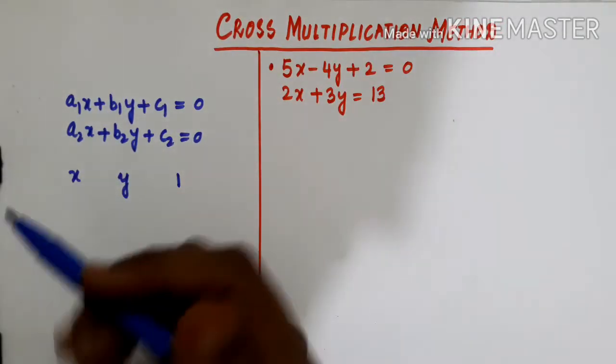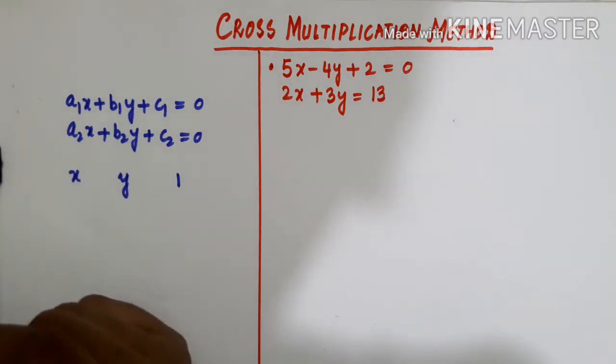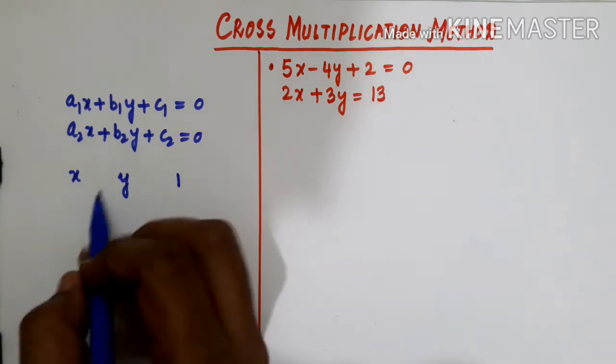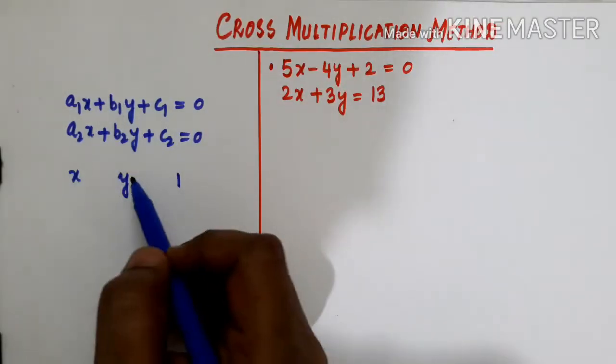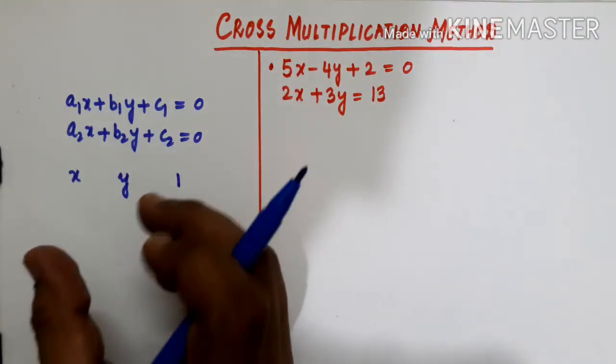Now actually the proof of the theorem is there for you in the textbook, so you just have to go through that theorem. In short I'm just explaining it to you. So here x, y, two variables are there, and for the constant 1. How you have to take this diagram you need to remember.